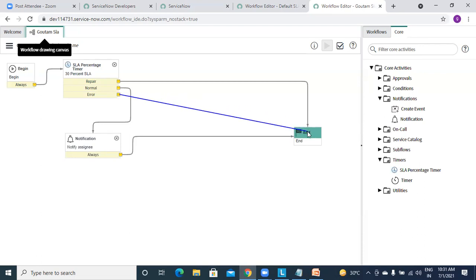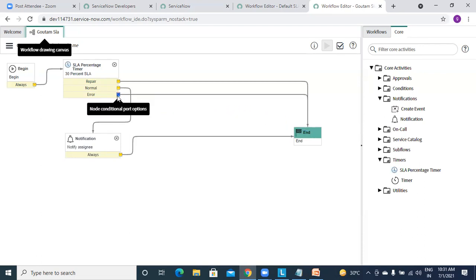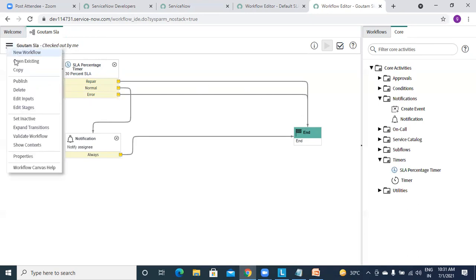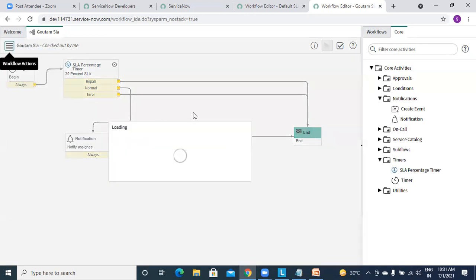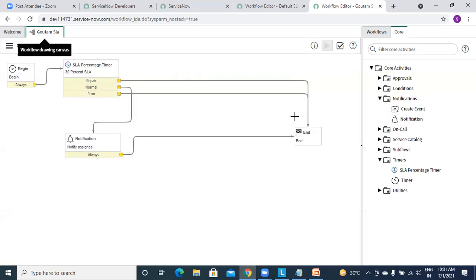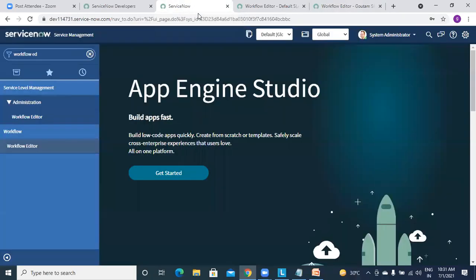It is showing me a warning because I have not attached this condition to anything. So let me publish again. Yeah, now I didn't get any warnings. Okay, so now going back to the SLA definition.